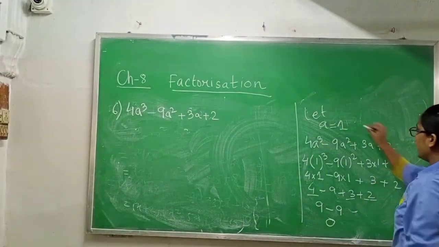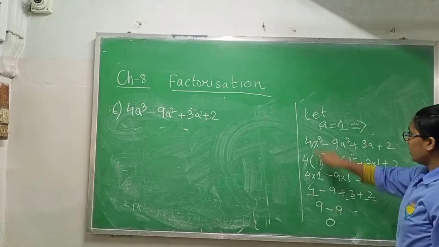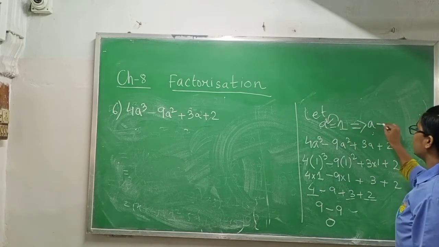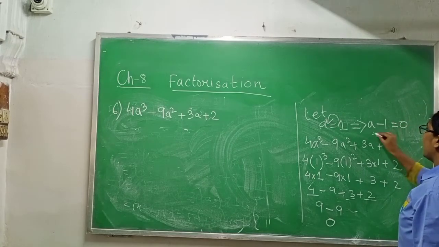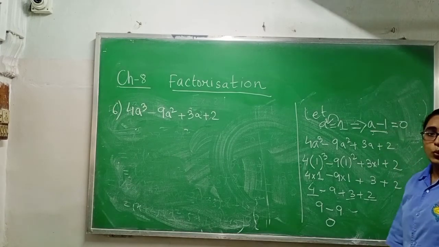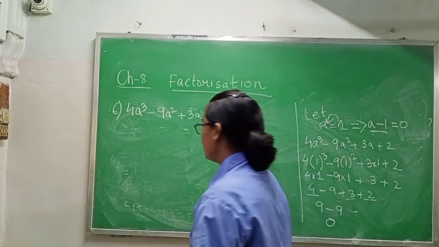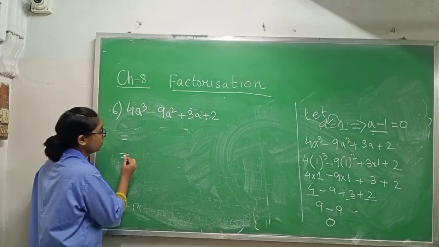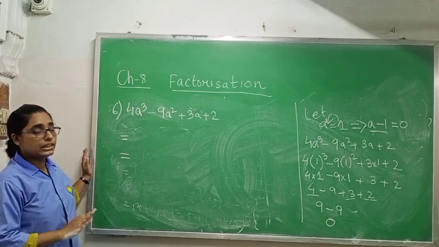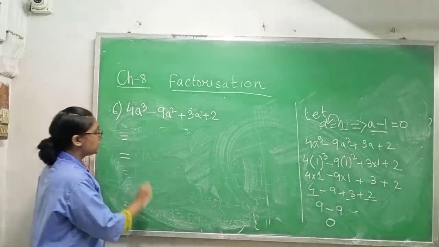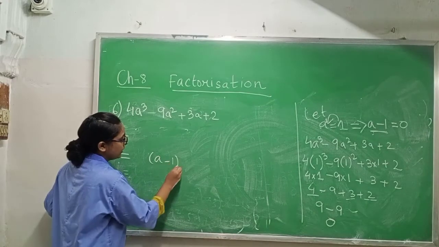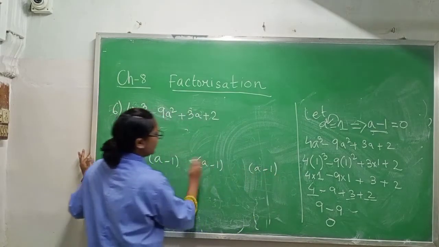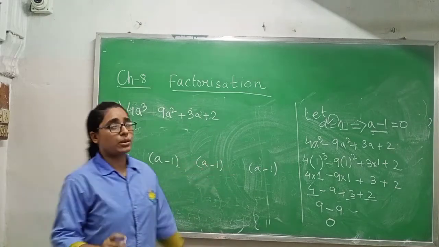So what I will do here, a equals to 1, I am taking this plus 1 to this side, it will become minus 1. It means I will take a minus 1 to solve the question. I will not write the second line. I will start from the third line and the second line we will leave as it is. And 3 times I will write a minus 1, a minus 1, a minus 1, and in between these 3 terms we have to give some space.